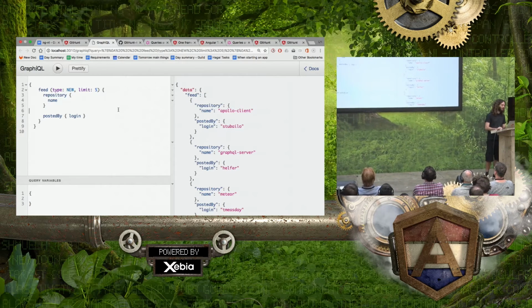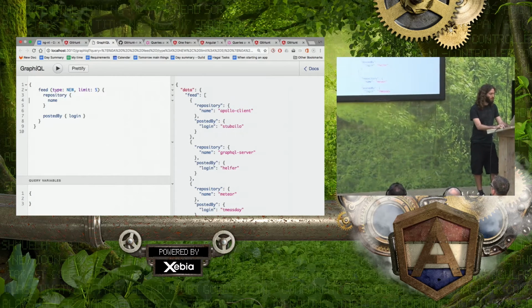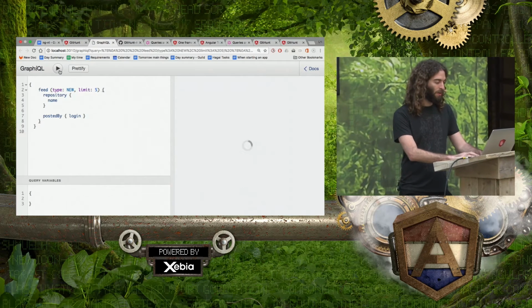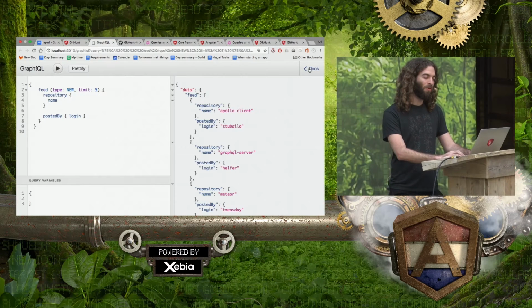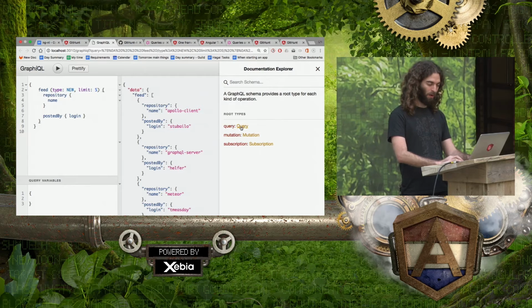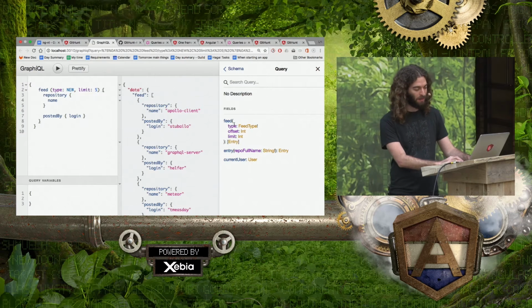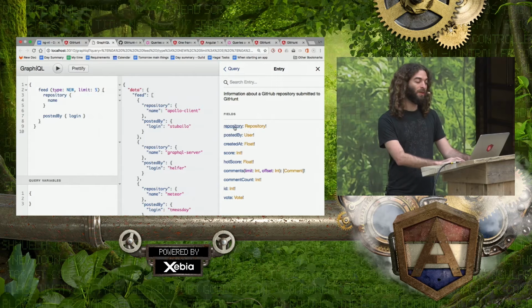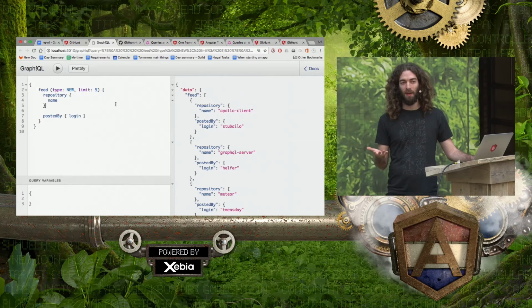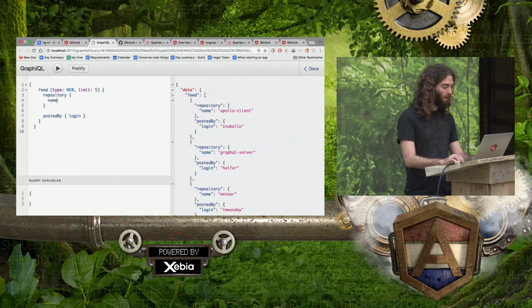So if I'm a client-side developer, I can just specify here what I want to fetch, and I will get it. And more than that, I'll get all the possibilities for the things that I can query, all the queries. Like I can query a feed, I can query an entry, which each entry includes a repository, a score, whatever I want. So before I even start developing, I can just go here and write, let's see what we have